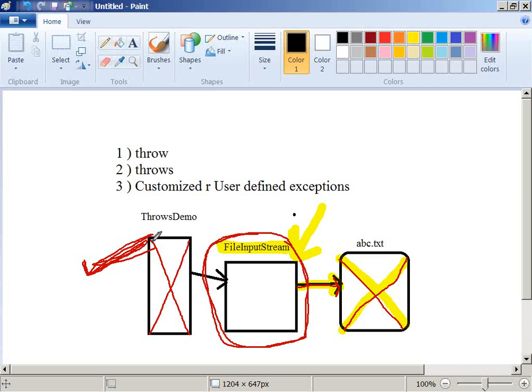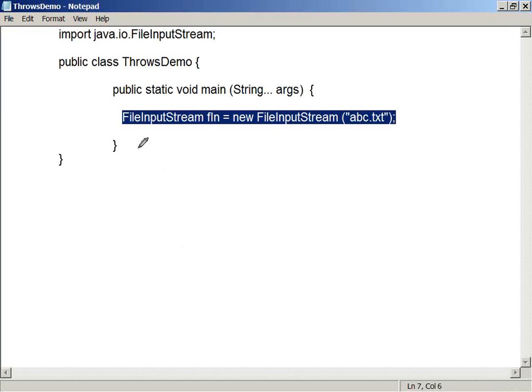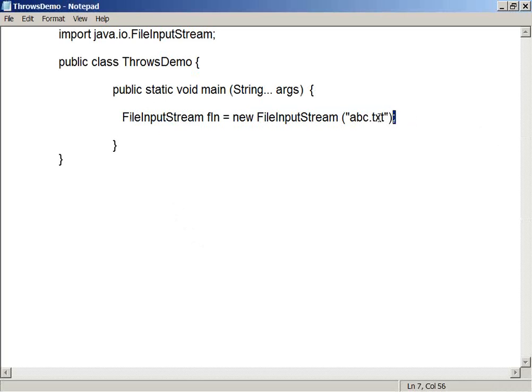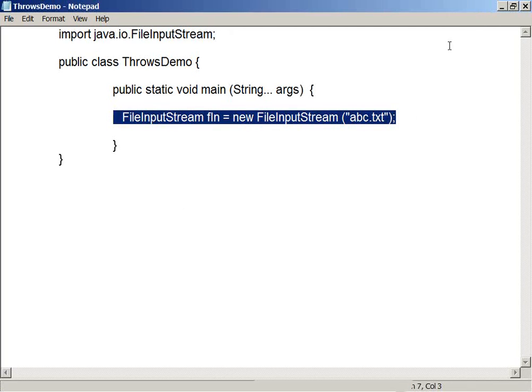If the code I have written is wrong, then my program will not execute. But in this case, this is a different scenario. My program is taking the help of some other class. If this class fails to provide the service for me, if this class fails to open this file, then what?